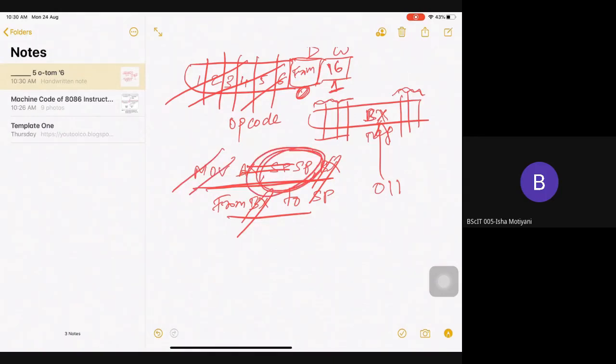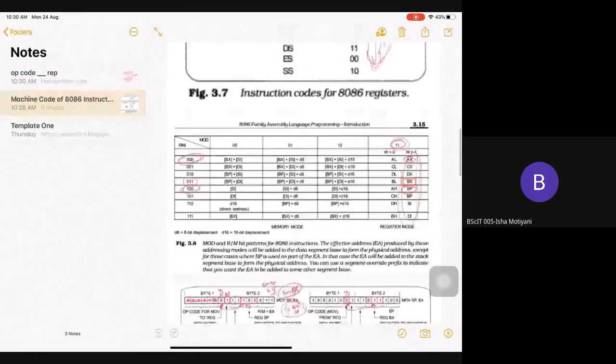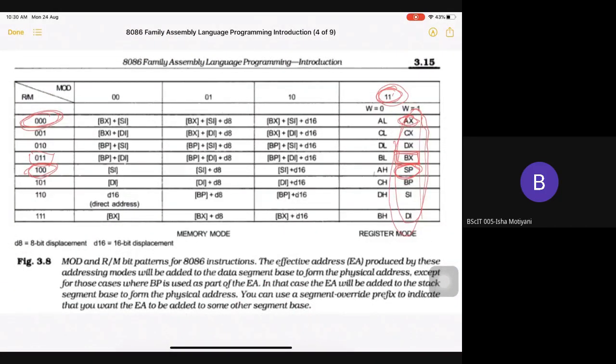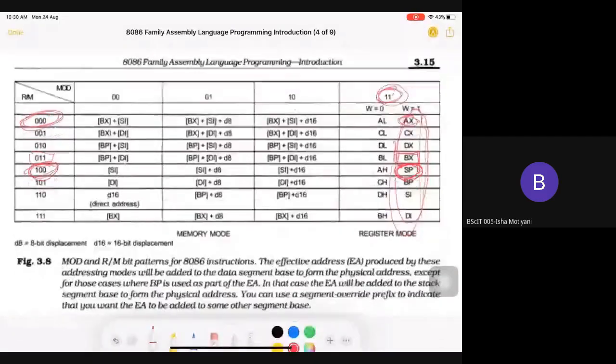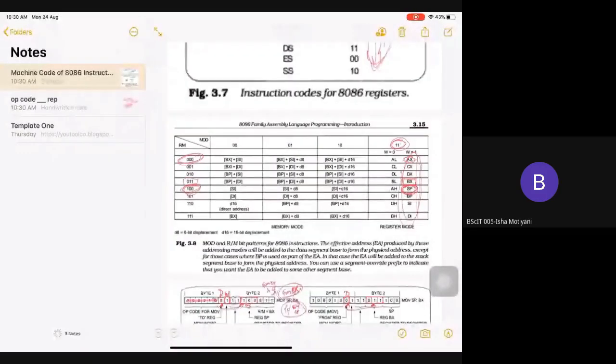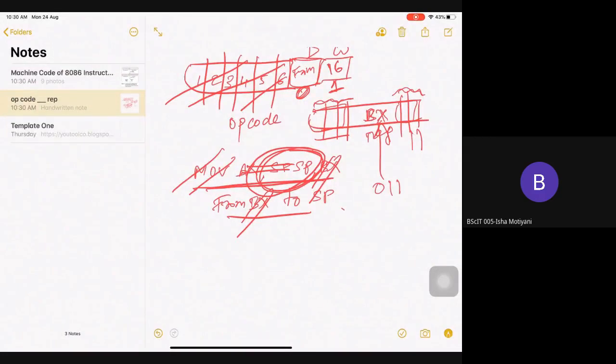I need to tell my assembler that I need to use SP as my next register, right? So here in register addressing mode, I need to consider SP. So go here, open this, check this, SP. And it is register addressing mode. So 11 and 100. So it will be 11 and 100.